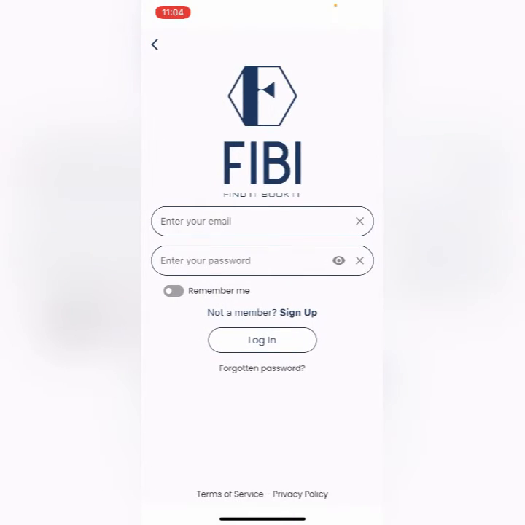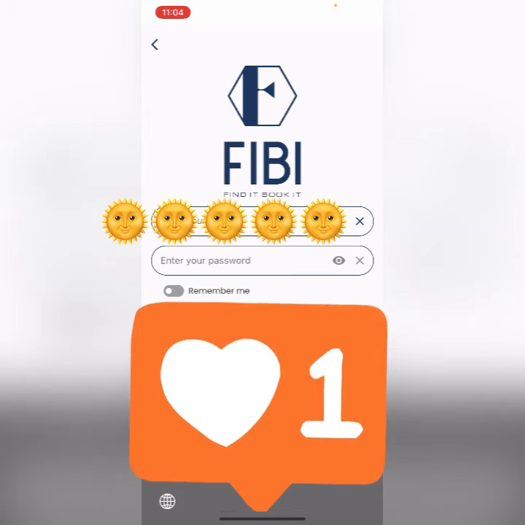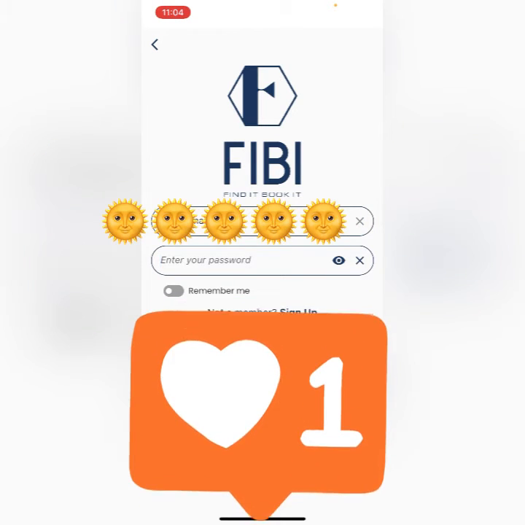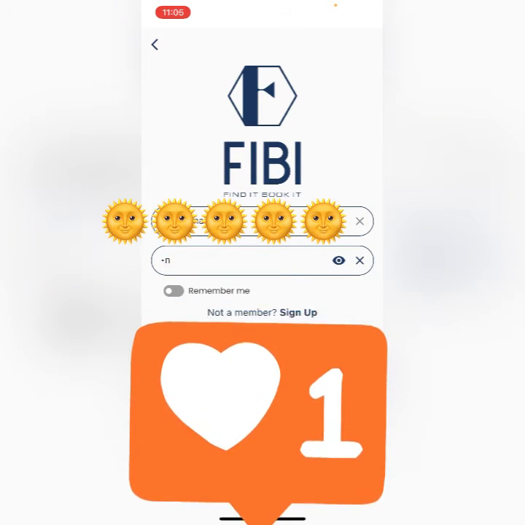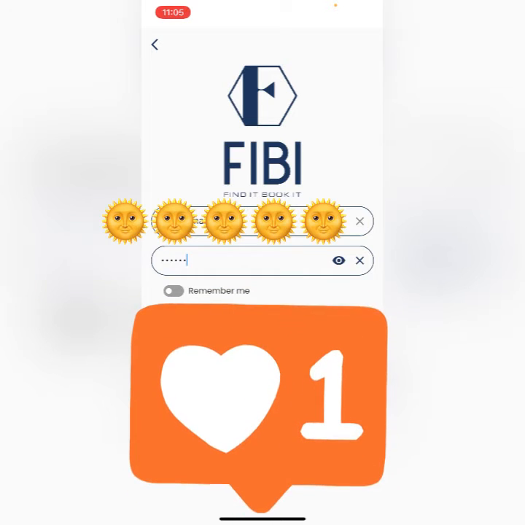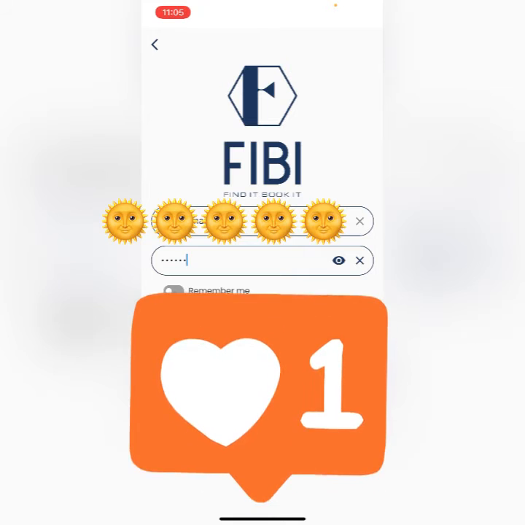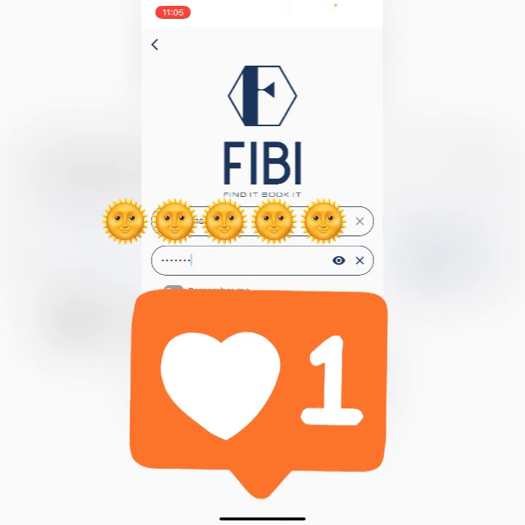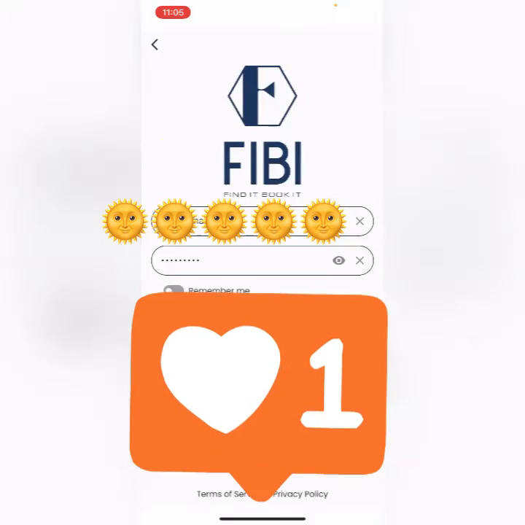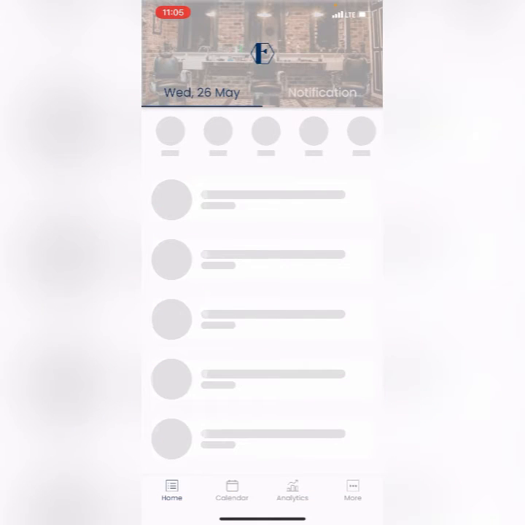So I can go directly with the login. This is the salon side.